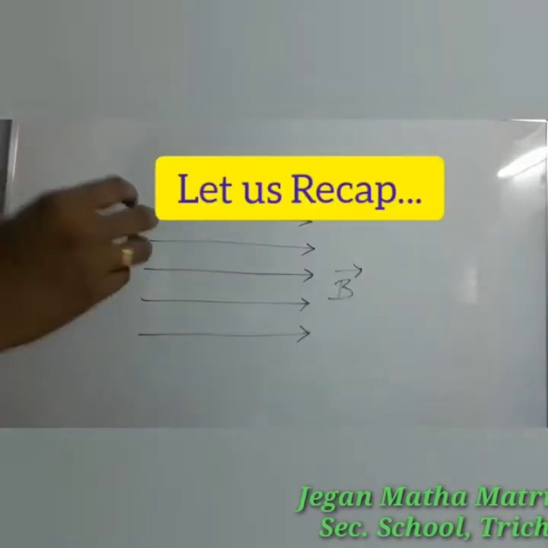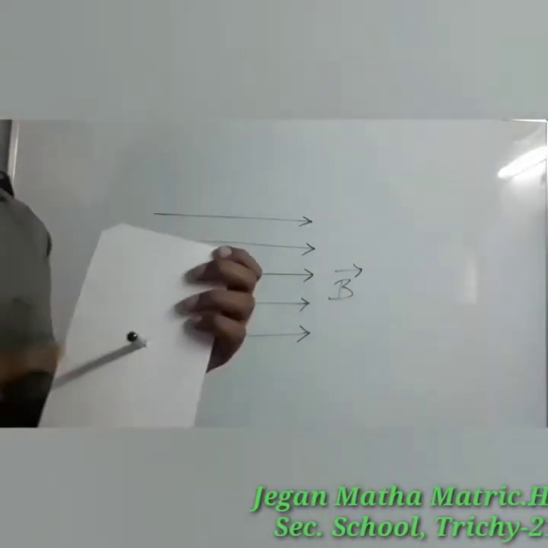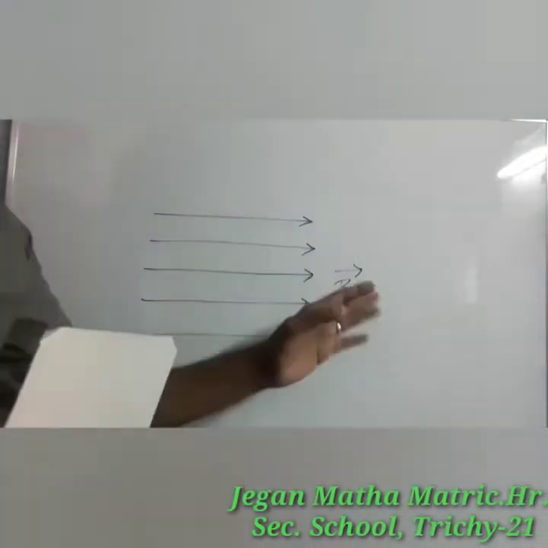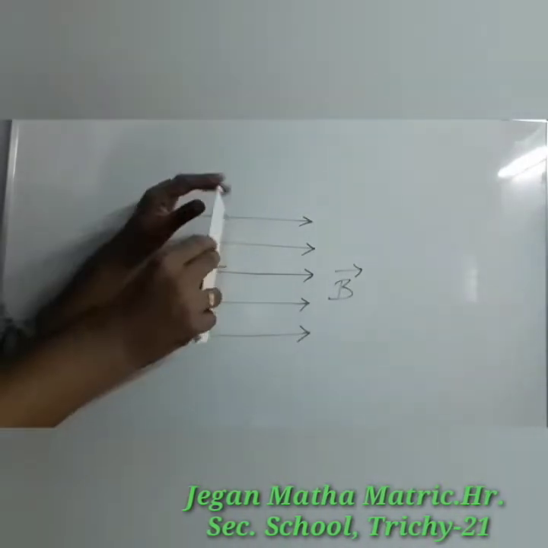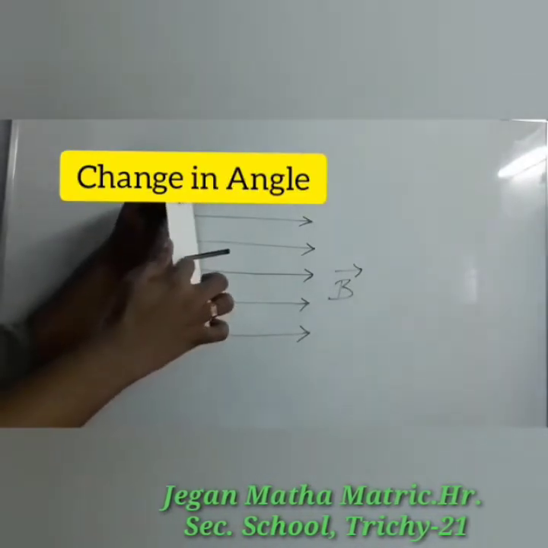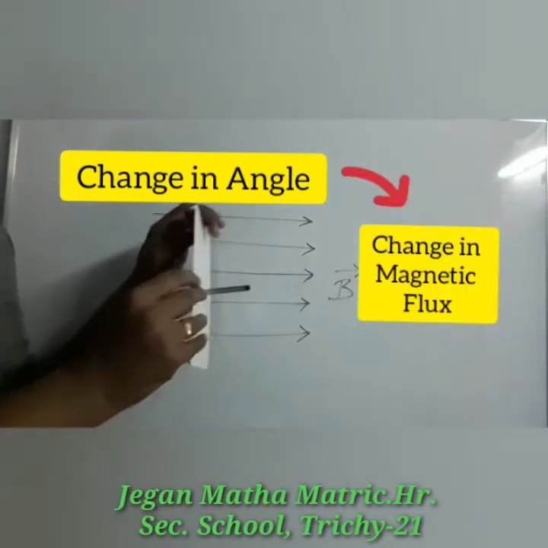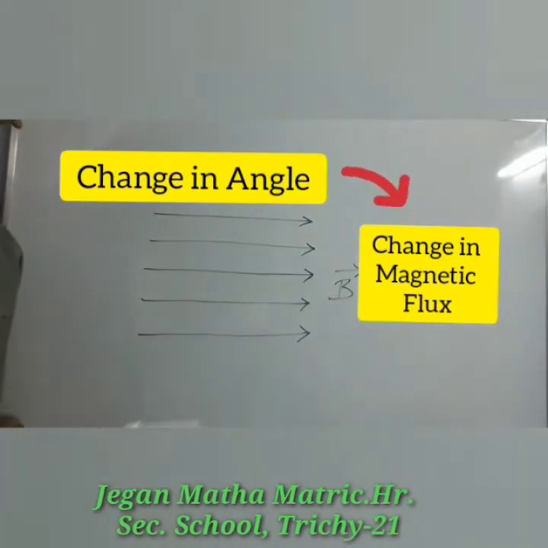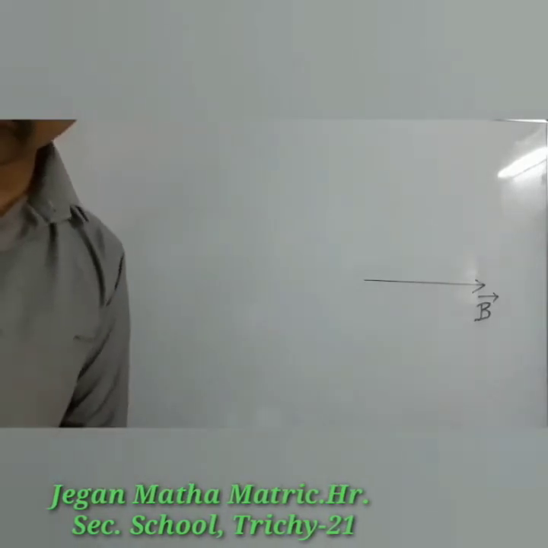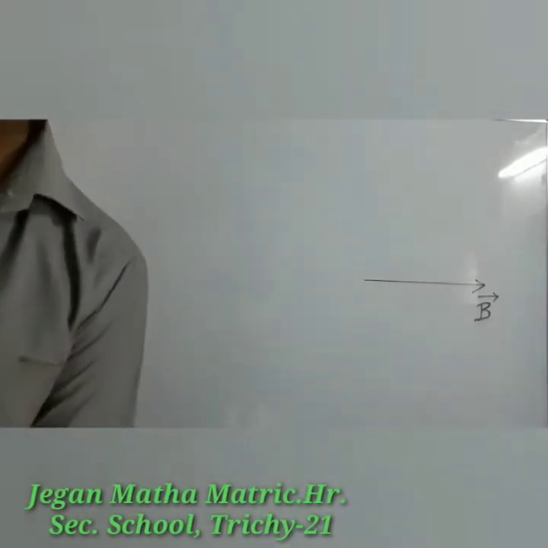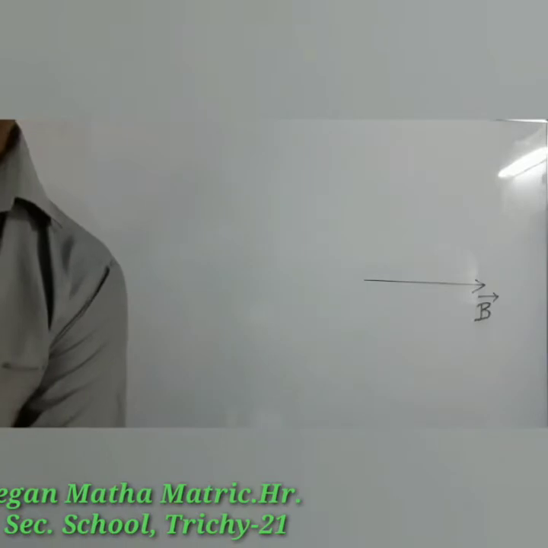Let me explain how EMF will be induced in this method. We have a rectangular coil of area A, and the magnetic field is a fixed one. We are going to rotate the rectangular coil in the magnetic field. There is a change in the angle, so the angle between the normal and the magnetic field continuously changes. With respect to the change in angle, there will be a change in magnetic flux that will induce the EMF. Now we are going to discuss the variation of induced EMF as a function of omega t, and draw the graph between induced EMF and the time angle omega t.